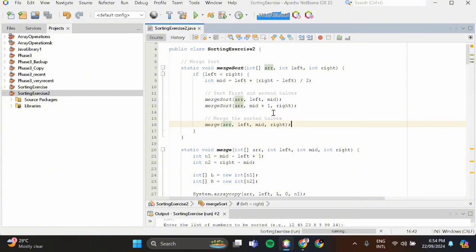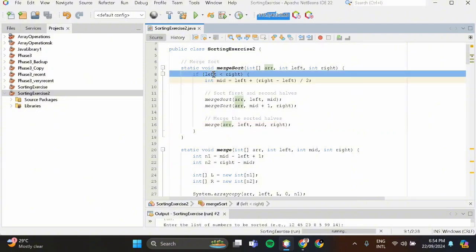And the function of the merge sort method is to call recursively to split the array. And once split, the merge ensures that the merged array is sorted. And the base condition for recursion is when the left index is greater than